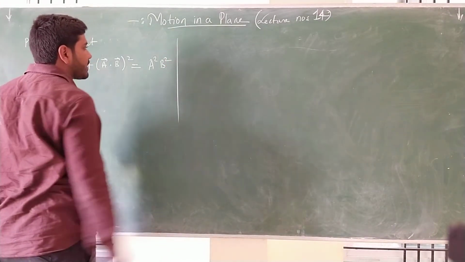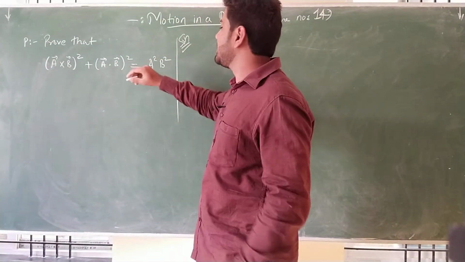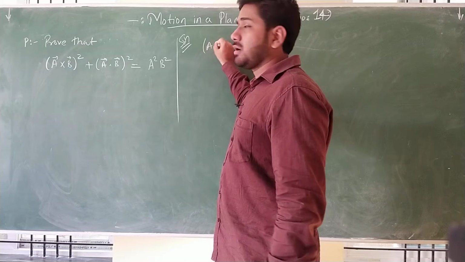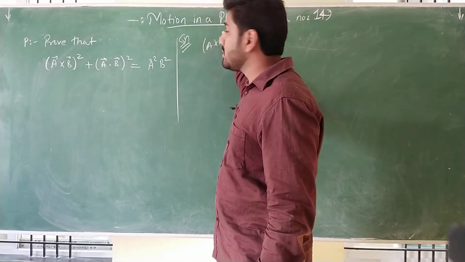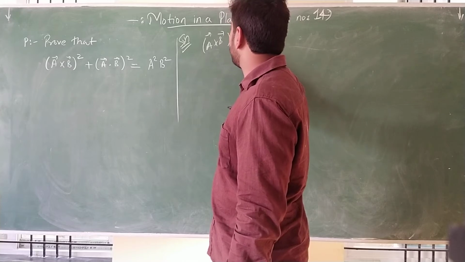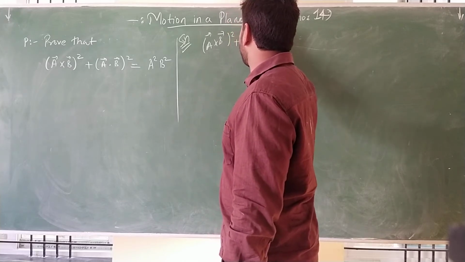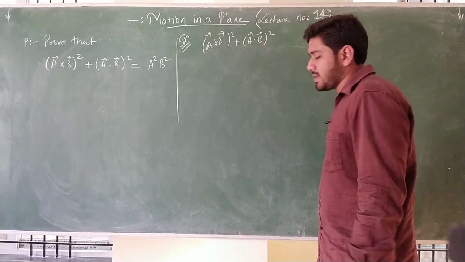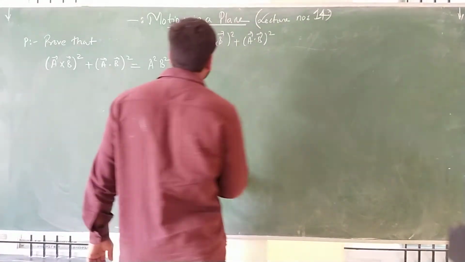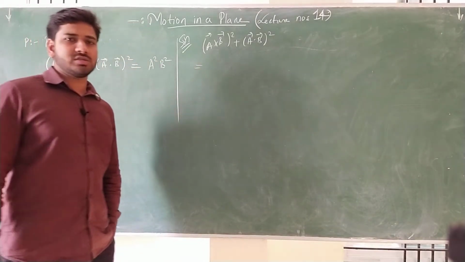Okay, solution. How to prove it? Just take this LHS side: A cross B whole square plus A dot B whole square. Okay, A cross B whole square, A dot B whole square is equal to, and we know A cross B is nothing but